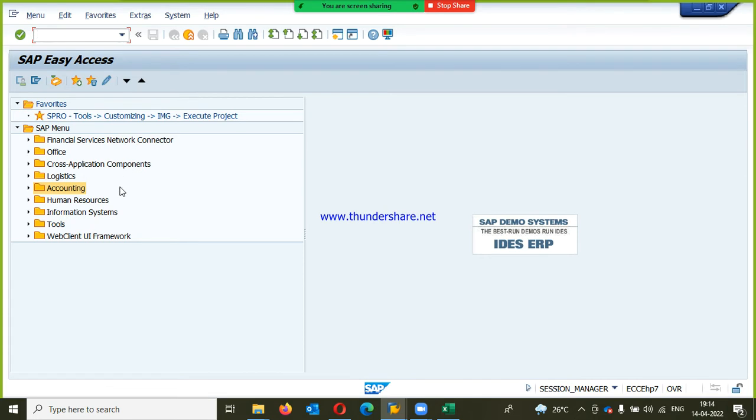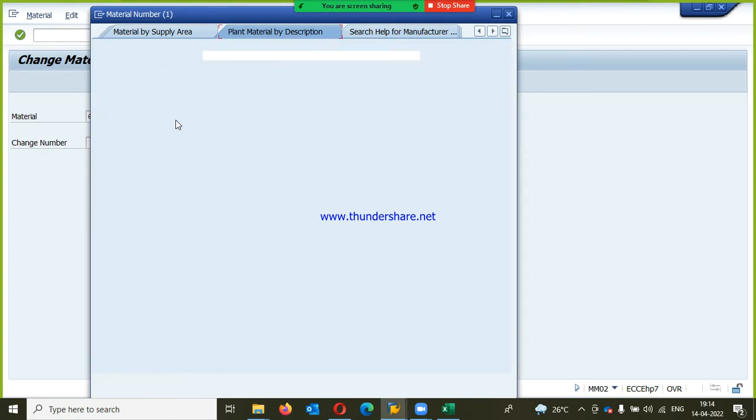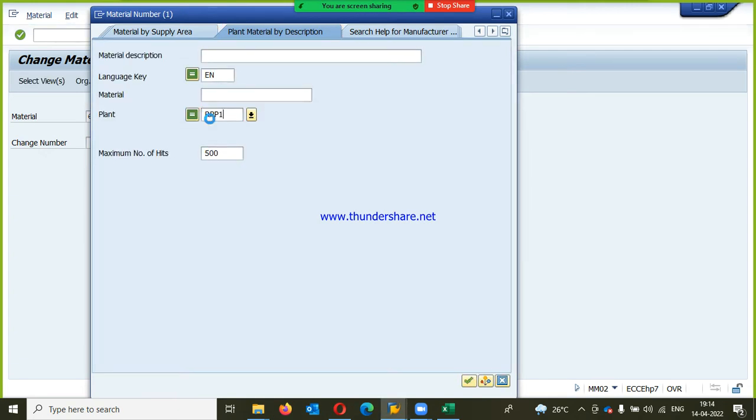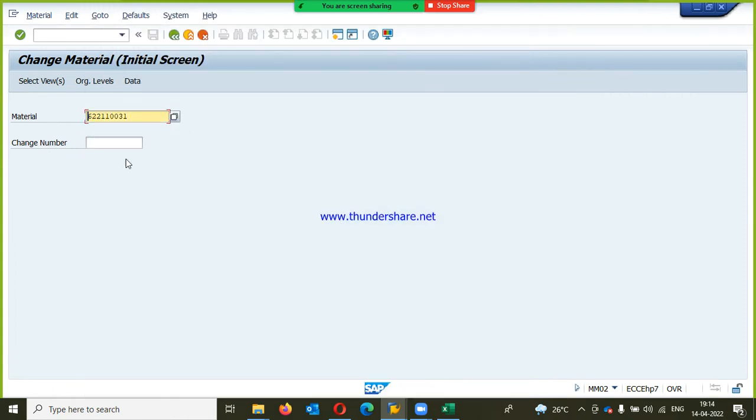purchase order. Now I'll go with the T code MM02, and I'm going to enable automatic PO for this material. So this is a material which we maintain for our source list and everything, and this is a plant, right? And yes, this one is a material. Okay, select this material and press enter,